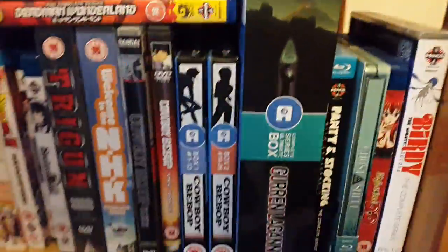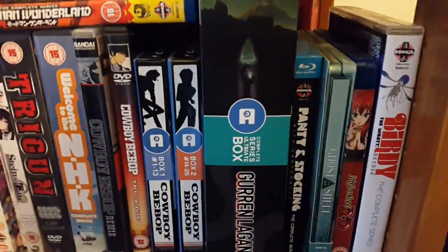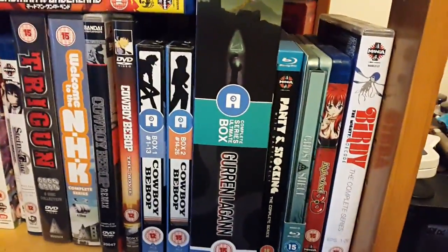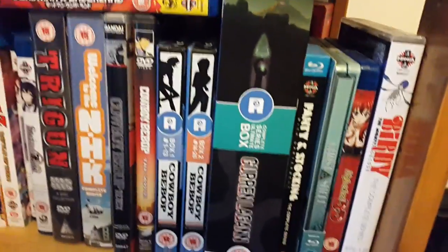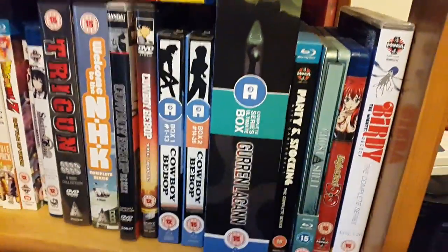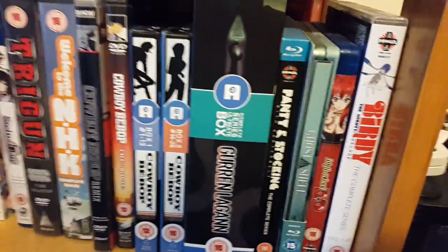And then more stuff from Anime Limited, we have Gurren Lagann Ultimate Edition on Blu-ray. Now, this took like a billion years to come out. If it all had gone to plan, I probably would have had this in my last collection video, actually, come to think of it. But, actually, would I? Oh, I don't know. But, either way, yeah, this took absolutely ages to come out,